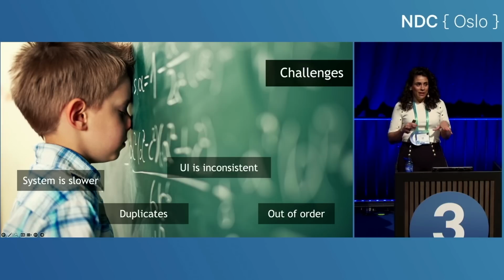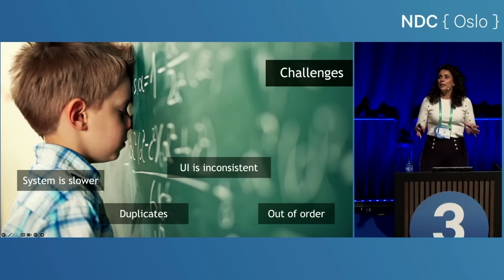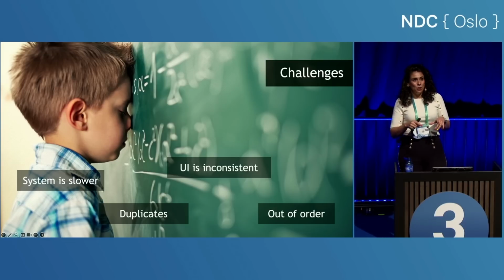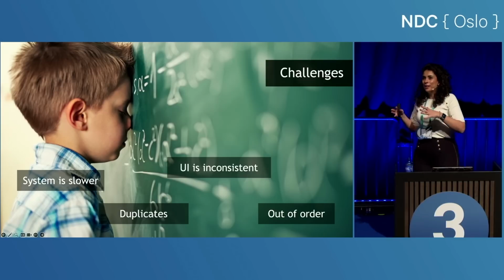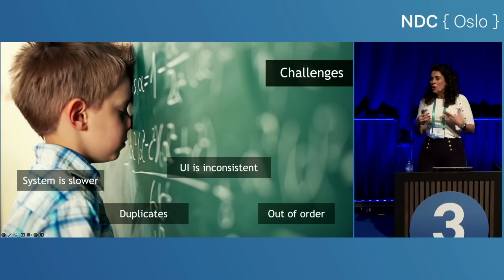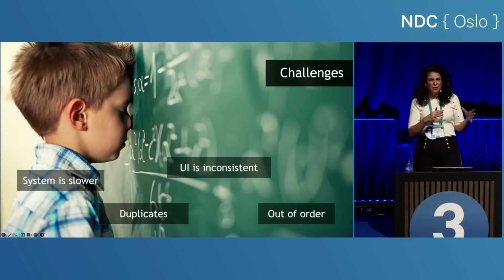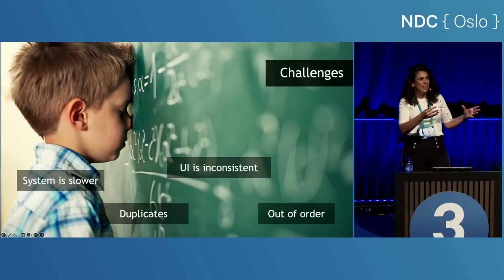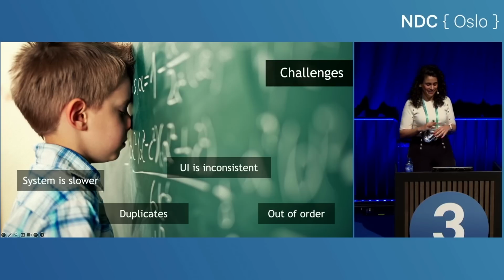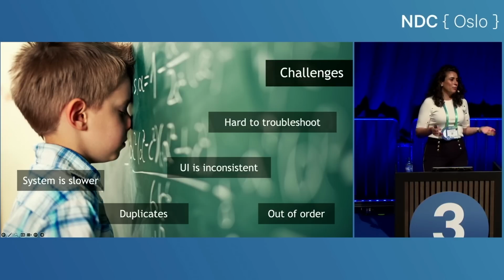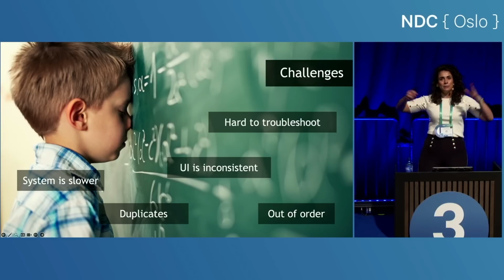Another thing that we did not think about up front is that sometimes messages could arrive out of order. And the problem in that case is that we didn't really see technical failures like exceptions. No, it sort of turned into side effects, like stuff that you would look at the data and you would say, this can't happen. Like, how did this even get in here? It was ugly. And then finally, we also found it incredibly hard to troubleshoot because now we had basically messages